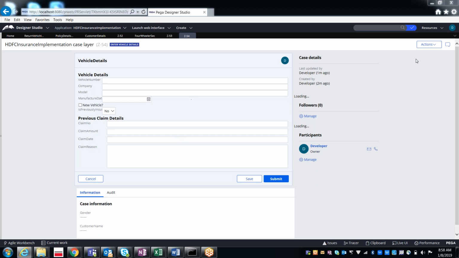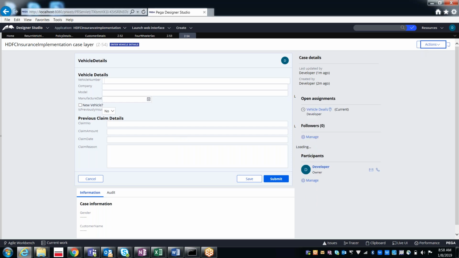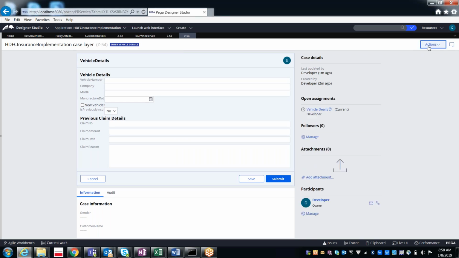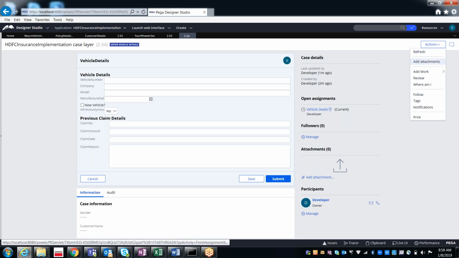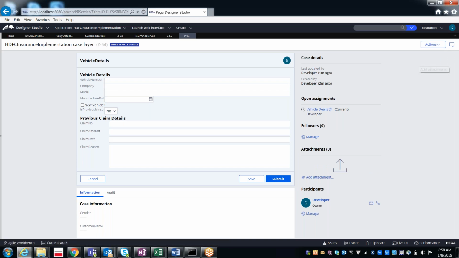So vehicle details. Here also are we able to see these add attachments? Yes, here also we have this add attachments. Okay, that means only at the second assignment it was not showing, at the two-wheeler flow action. Why is it not showing only for the two-wheeler flow action, and in all other assignments we are able to see the add attachments? So what could be the reason? For the subflow, it is not showing.